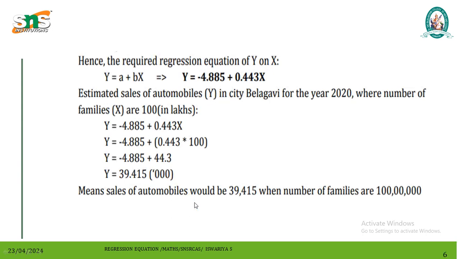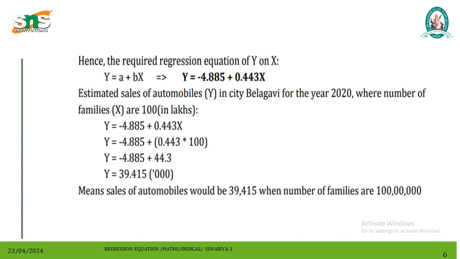So by substituting these two values a and b in the regression equation of y on x, that is y is equal to a plus bx, we get an equation as y is equal to minus 4.885 plus 0.443x. The estimated sales of automobiles y in the city of Belgavi for the year 2020, where the number of families are 100 lakhs, which implies y is equal to, that is, we are going to substitute 100 instead of x. So after substituting the 100 instead of x, we get an answer as